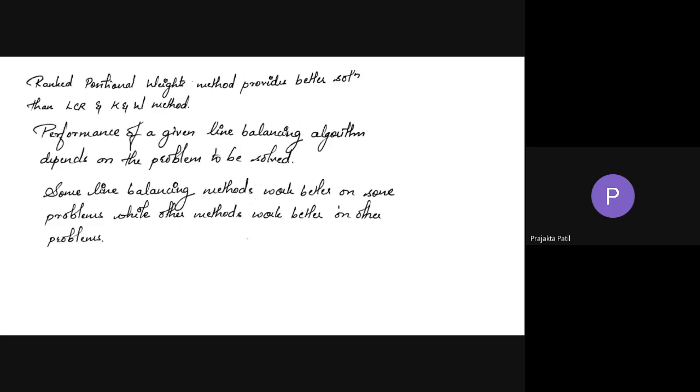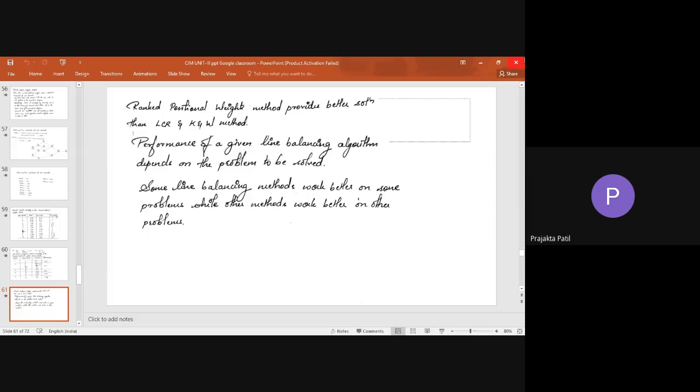Okay, so descending order is one thing that you always have to remember. You have to remember that the TEK value should not exceed the service time limit of 1 minute in our case here in this problem. And you also have to consider the precedence constraints whenever you go for any assignments or allocations of work elements to the workstations. So I hope this is clear, and if you all have any doubts, you all can ask me now. Any doubts?